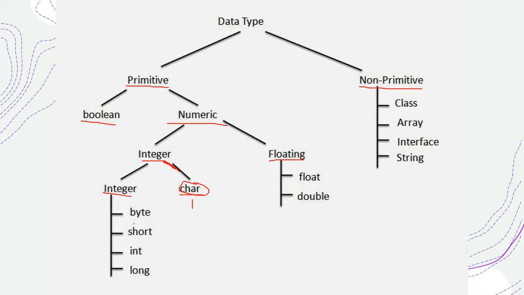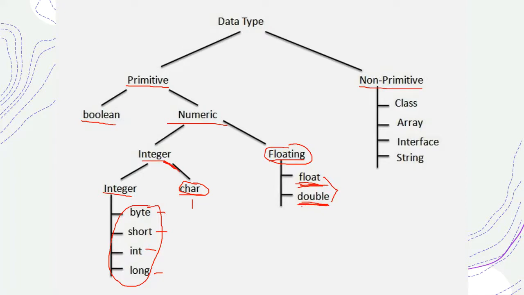And for the integer, we have four types: byte, short, int, and long. These data types accept input from the user that is an integer or a whole number. However, we also have the floating, which has two kinds: the float and the double. Float and double, as we know, work the same. They accept inputs from the user that is a number with decimal points. However, the difference between the two is that double is more accurate than float because double has a bigger memory than float,